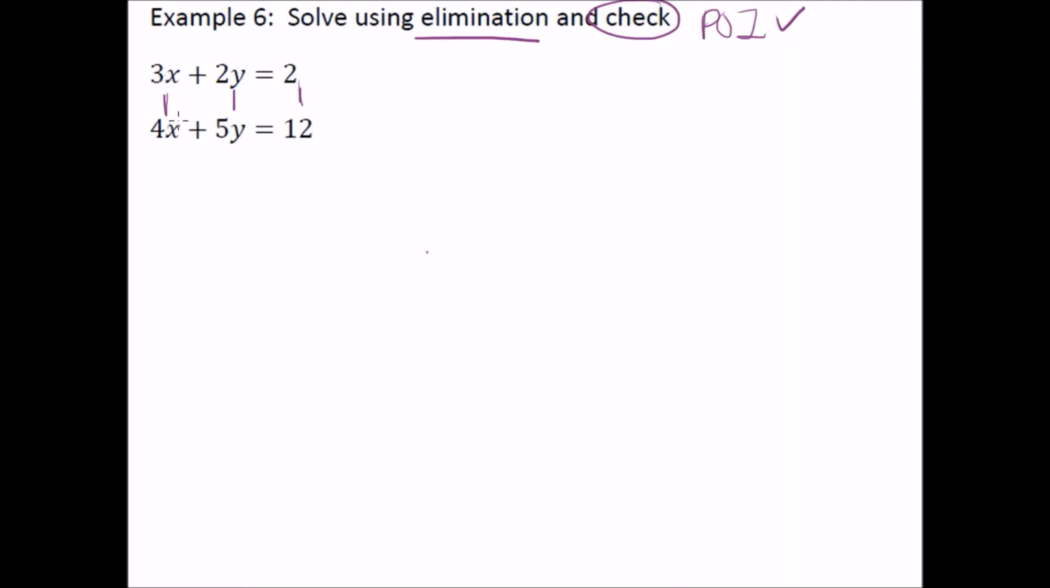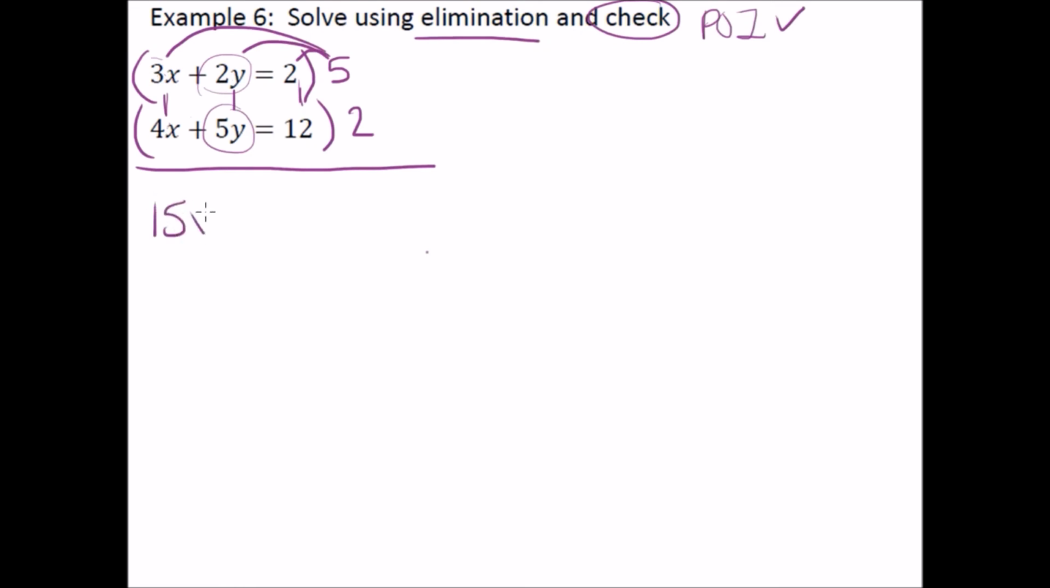3 and 4 are not multiples of one another, and neither are 2 and 5. So actually, let's use the 2 and the 5 this time, just so we mix it up a little bit. We're going to multiply the first equation by 5 and the second equation by 2. So we'll have 15x plus 10y equals 10. And we're going to have 8x plus 10y